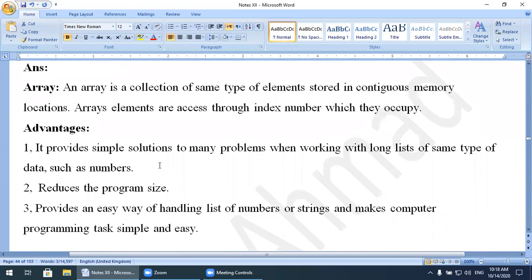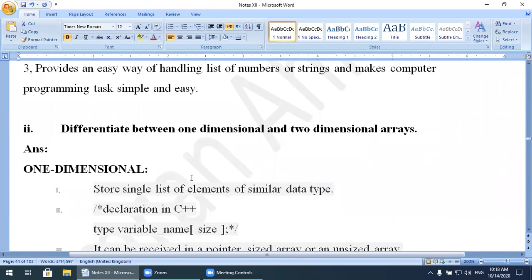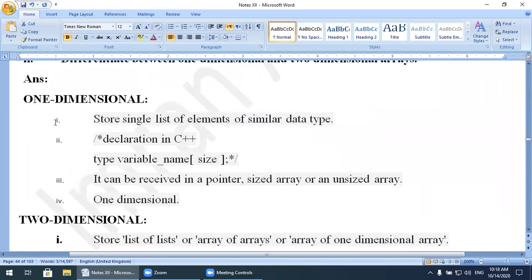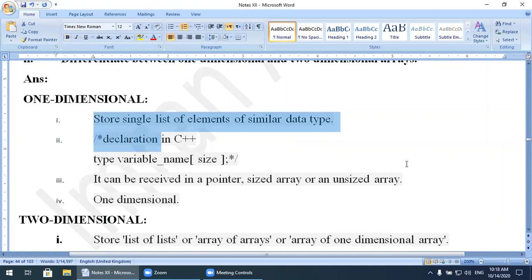An array is a collection of same type of elements. The definition of a one-dimensional array is: it stores a single list of elements of similar data types. It means if all the elements are integers or all the elements are floats, then this is called a one-dimensional array.